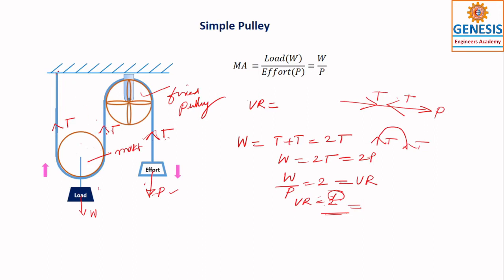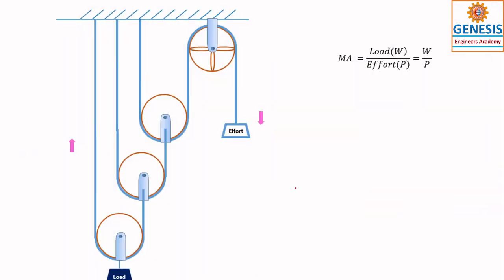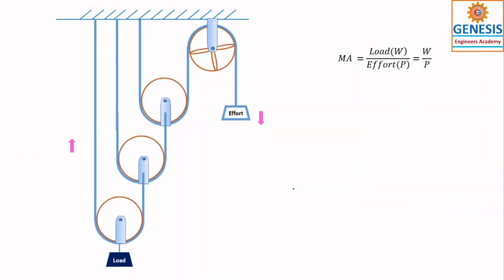Okay, so in this case you have to treat that it is fixed forever. So nothing will come out of this one. So we apply all of these things and are able to find out the velocity ratio. Got my point? So this is the one, and now we'll discuss this one.